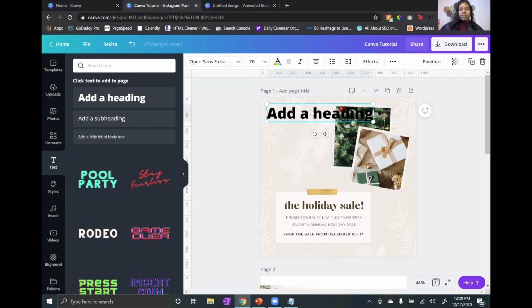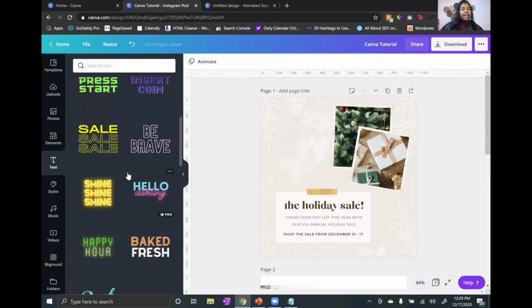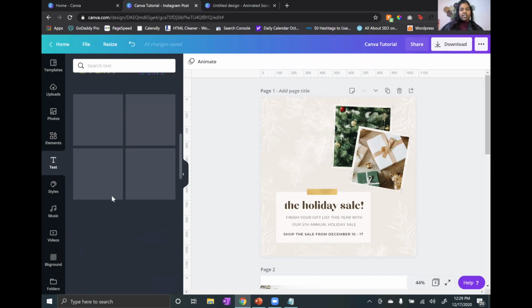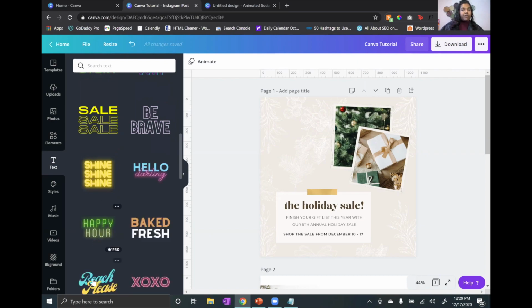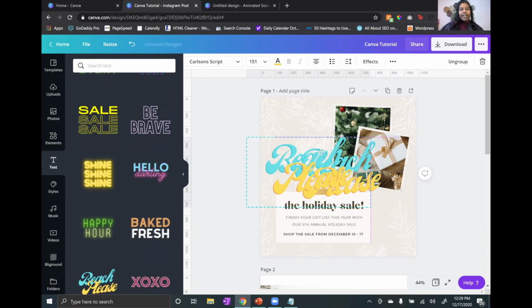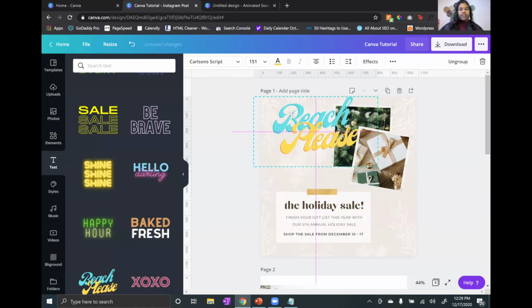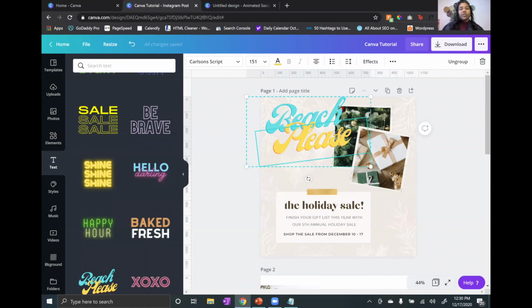But I don't really want that there. So I'm just going to, on my computer, just hit the delete key and it's gone. But then there's also really cool, if you keep going down the list, Canva's done a bunch of stuff that make things interesting that you don't actually have to do much of the design around. So here's one where the font and the colors are already kind of done for you. And I've kind of put it on there twice or 3 times. There we go. We only need one. And so then you would just drag it. So this is where someone in the Canva world has already done the hard work of picking that font, styling it, layering it. And all you have to do is maybe change your colors